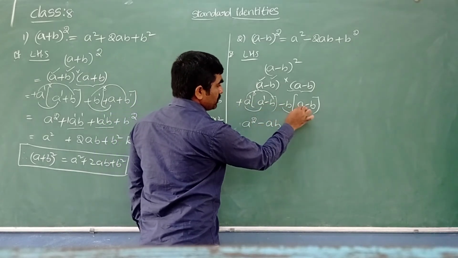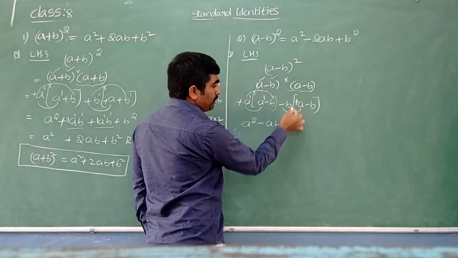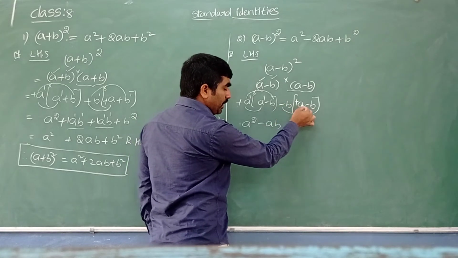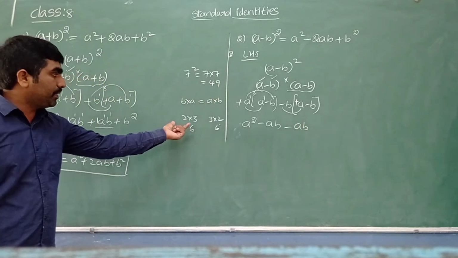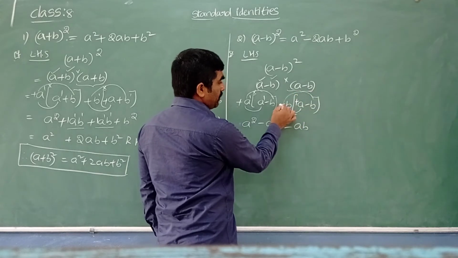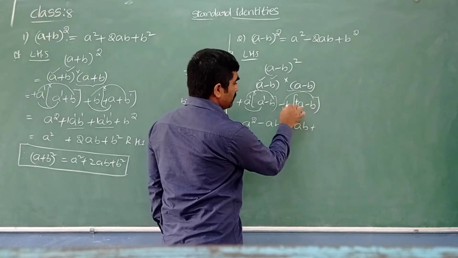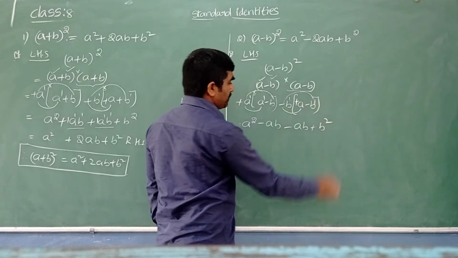Now multiply this. Here no symbol means plus, the monomial with the first term, minus into plus, minus. B into A, you can write BA or AB, I said. You can write in alphabet order, both are correct. Now multiply the monomial with the second term, minus into minus is plus B into B, same variable, and the power is from the sum of the powers, 1 plus 1, 2.